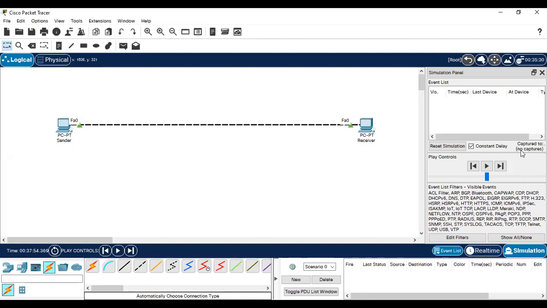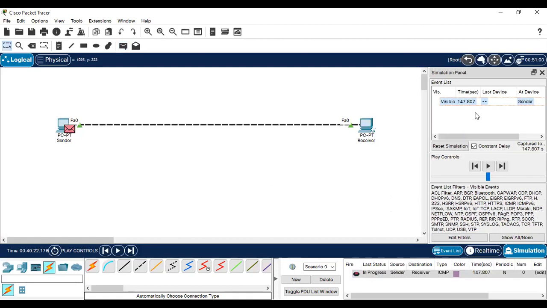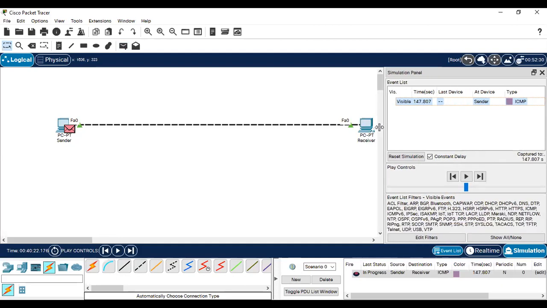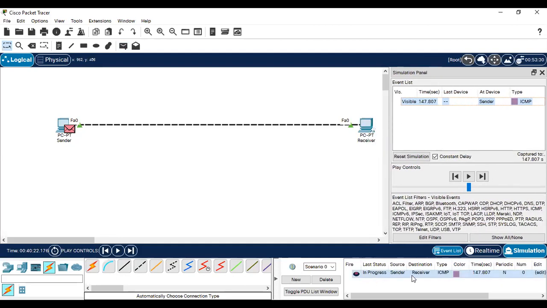Whereas in a simulation, you will see how the packet is transmitted through the layers, and one after another it reaches the internetworking devices, and how it is received by the receiver, and then there is an acknowledgement from the receiver. All of that you will see in an animated way. That is the beauty of Packet Tracer. Over here you can see, let me take this PDU, and the destination is this one. Now you can see it has stopped. It does not give you the immediate result.